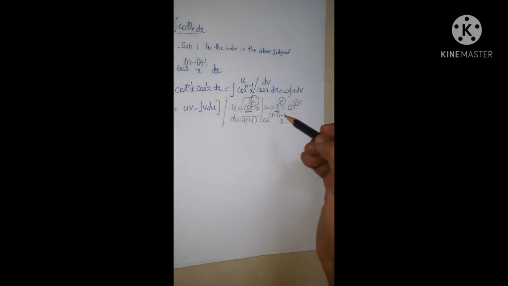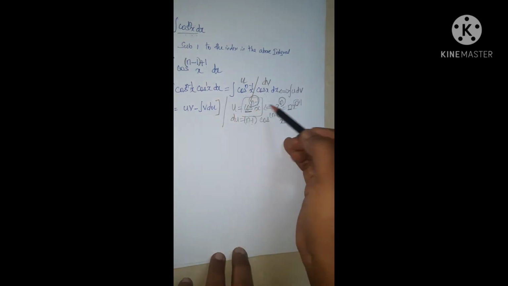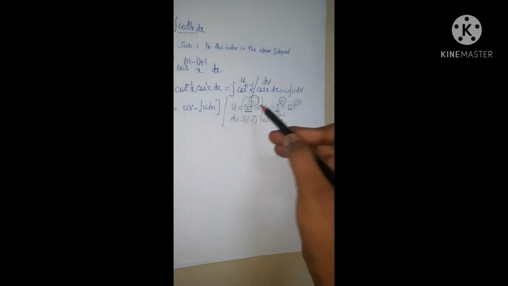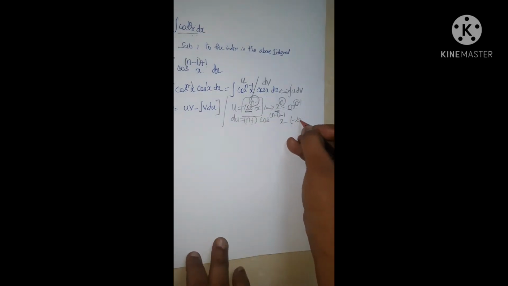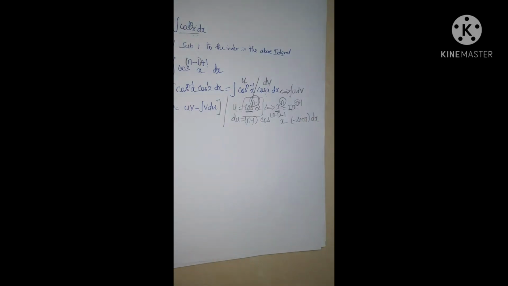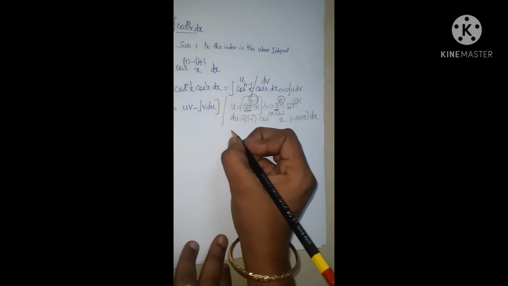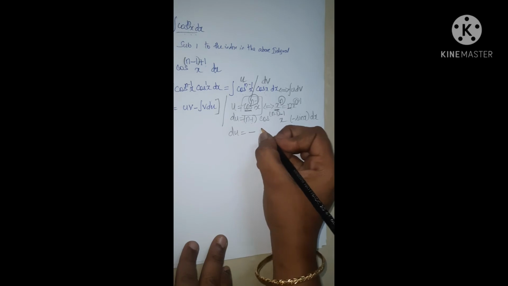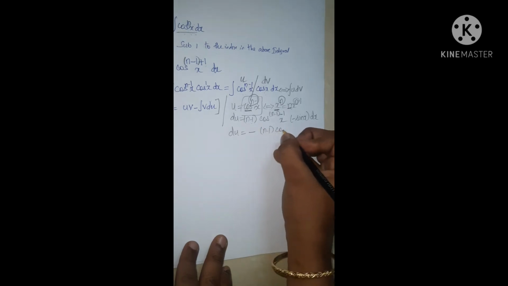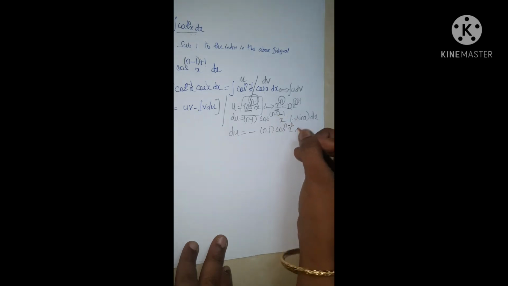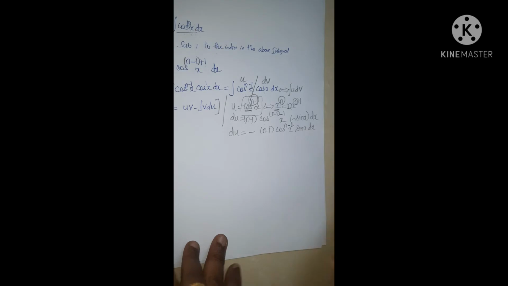It doesn't stop there. First the power is reduced using the polynomial formula. Now we have to go for the actual function cos. Differentiation of cos x is minus sin x, then the differentiation of x is dx. This is how we have to differentiate u. So putting it together, our du is nothing but minus n minus 1 cos power n minus 1 minus 1, that is n minus 2, x sin x dx. This is our du.